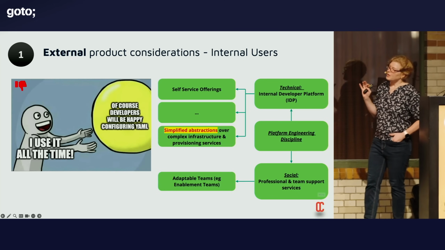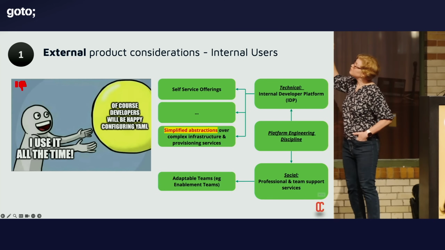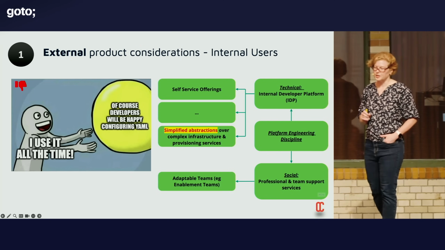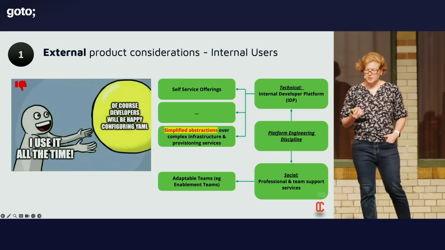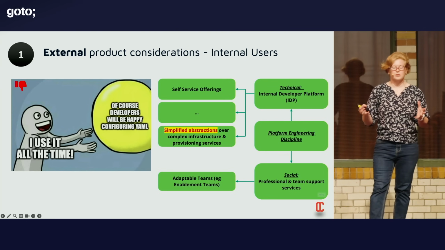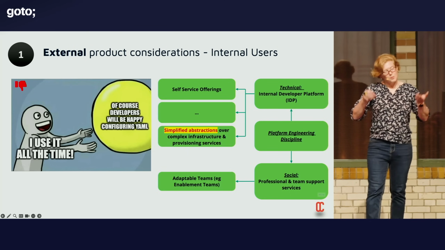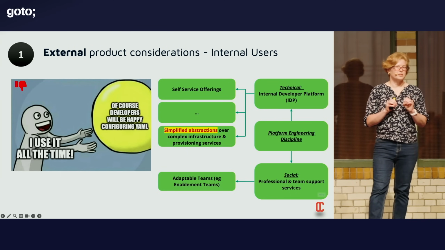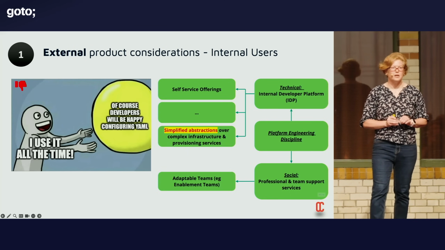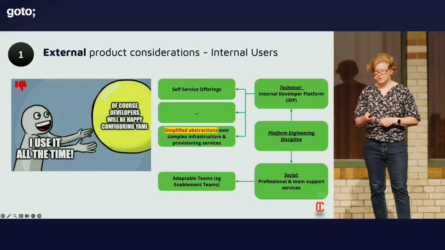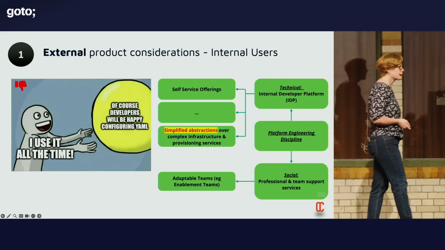However, if we have a look at, the green bit is our ultimate utopian platform engineering initiative, but when we make these assumptions, we're trying to do maybe simplified abstractions over complex infrastructure. But as a developer, as an engineer, you might say, well, my version of simple is that everybody should be able to work with a CLI, or everybody should be able to work with a particular format, and kind of make that decision for the users.